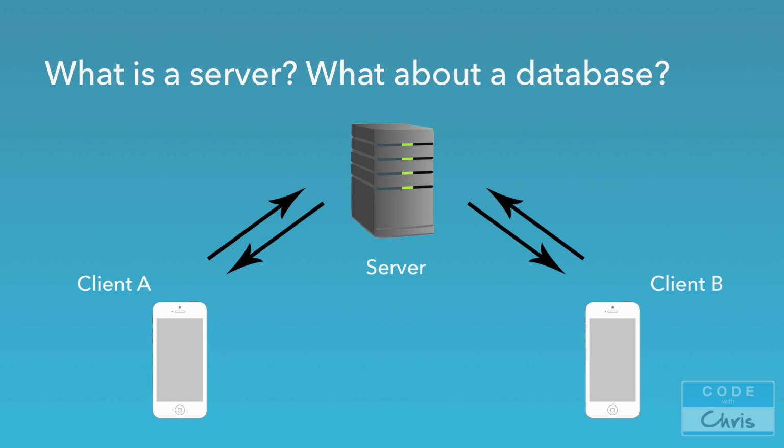the server. So for client A, if the user is creating an account or generating some content or liking something, or maybe they got a high score and you're posting it on the leaderboard, client A would send that data to the server as denoted by those arrows, and then the server would store that data. Now client B, another user somewhere else, using the same app, when they send a request to that server to return, let's say, all the high scores or all of the latest messages, or different users that are on their friends list or whatever, the server returns that data to client B, which includes the data that client A just